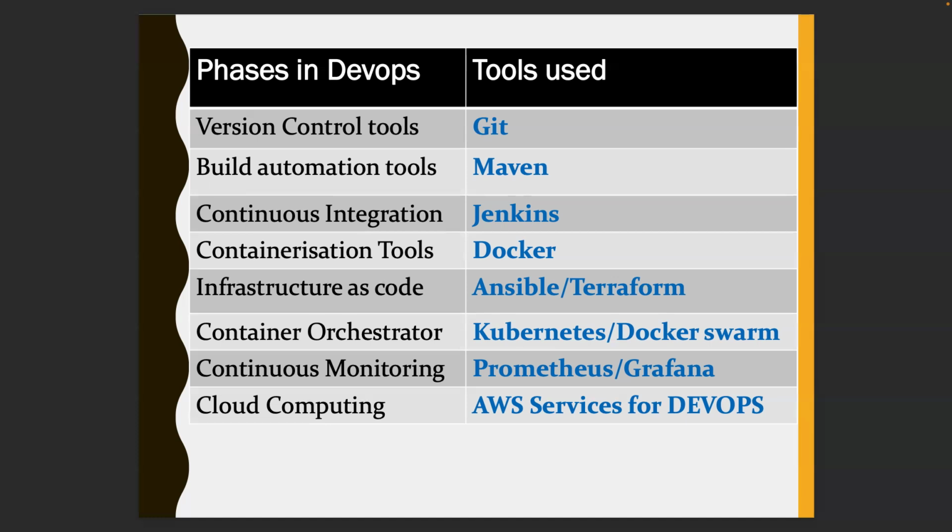What are the AWS services which you are covering in this? EC2 will be covered, S3 will be covered, and EKS will be covered. EKS is the major part. Elastic Kubernetes Service, the paid and managed service, is a huge part of the Kubernetes platform. Then the DevOps services like AWS CodeCommit, CodeDeploy, CodeBuild, CodePipeline, all these services will be covered. Even the load balancers and auto scaling groups will be covered.